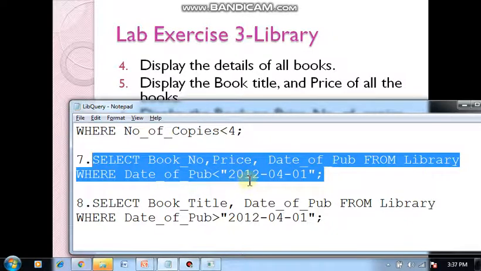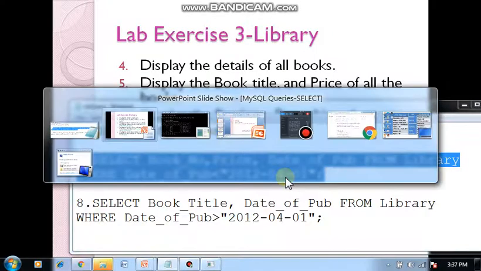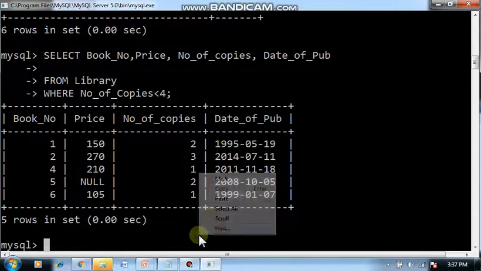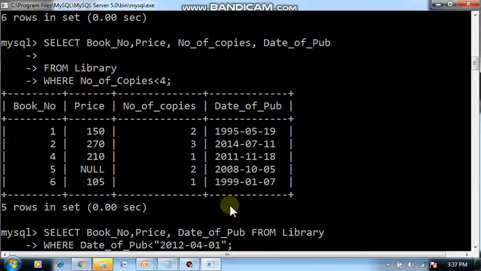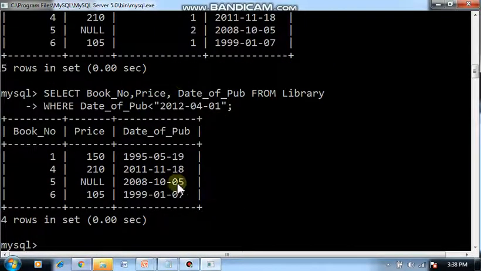Before means less than, and the date needs to be given in YYYYMMDD format. First the year, then the month, then the date. So let's execute this one. All these dates are before 2012 April 1st, so it displays all 4 records.